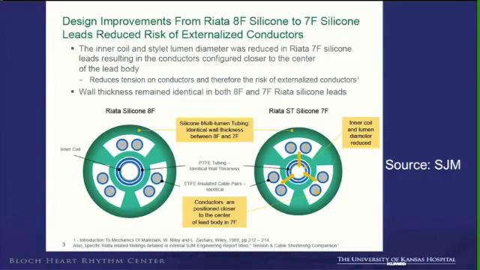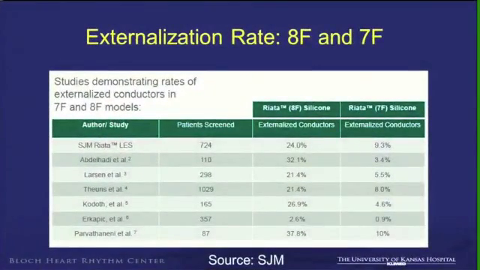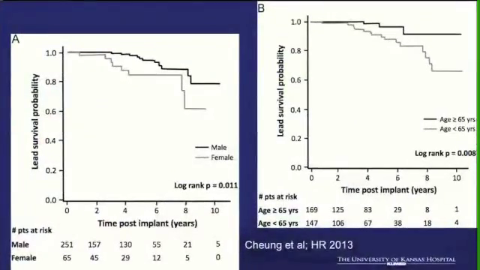I could say it is because till now what we have seen is the ST leads. Actually, in the next slide, the ST leads have lesser externalization, even adjusting for the age of the lead. And these are the different studies reported till date. Some studies have lower rates because of the methodology, but on average between 20 to 30% externalization rate.